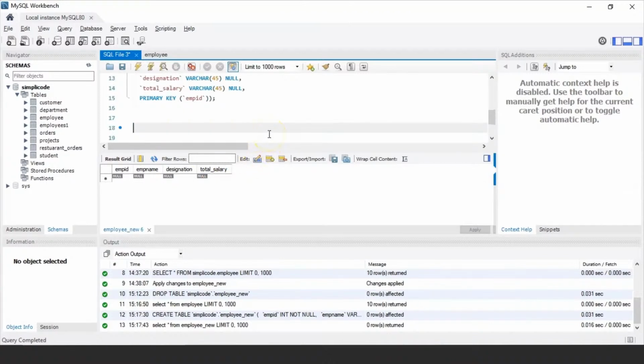Now let's say I want to insert the values from the employee table, that is the existing table, whose salary is greater than 30,000. So I want to fetch only those records from the employee table into the employee new table whose salary is greater than 40,000. So the following query would be insert into the new table, that is employee new,